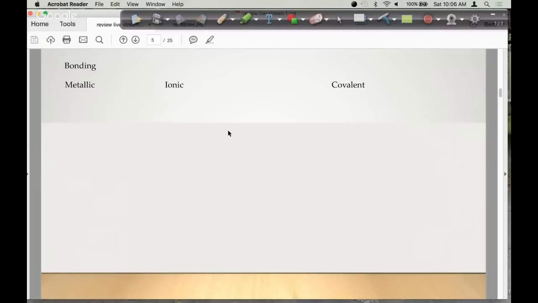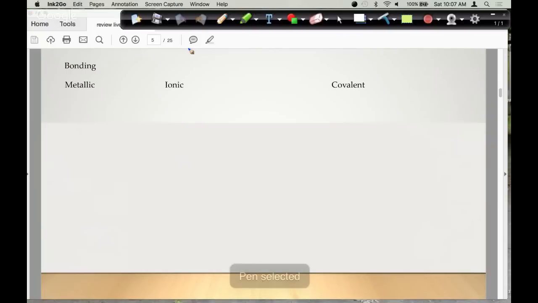The next thing that was asked of me to go over would be to review bonding. This is something that people tend to ask about constantly because it is a difficult topic. So I want to make sure that we are able to go over this one fairly in depth. So when we start with our bonding, metallic bonding doesn't really need a whole lot because metallic bonding